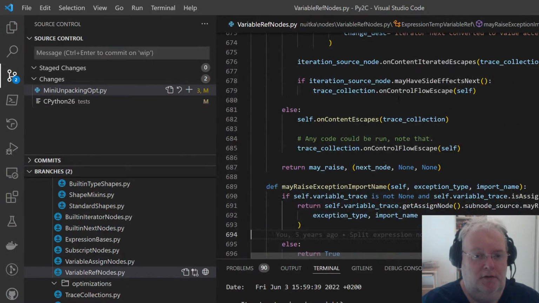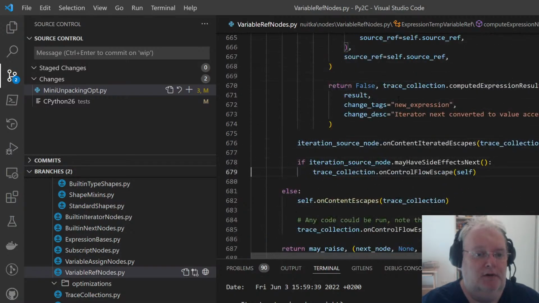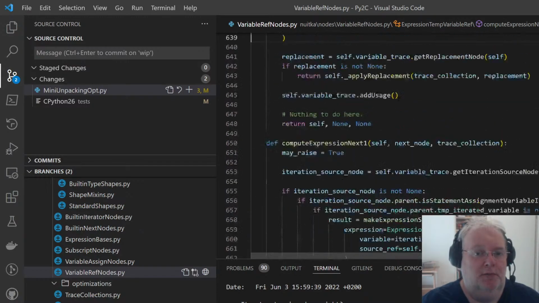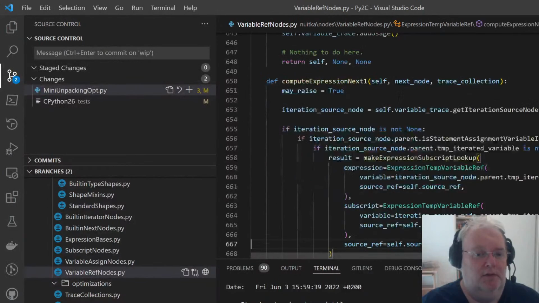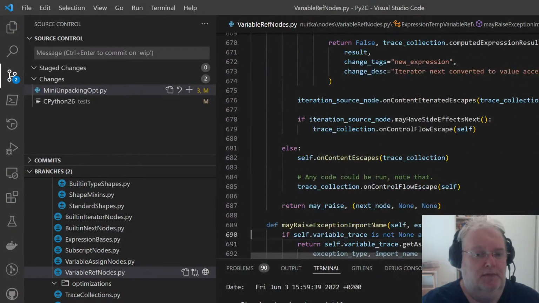And if we didn't do that, what we're pointing to escaped. This variable cannot be trusted anymore. Anything could have run. So it's very, very important to avoid this control flow escape, because it invalidates all the variables, which is pretty rough.